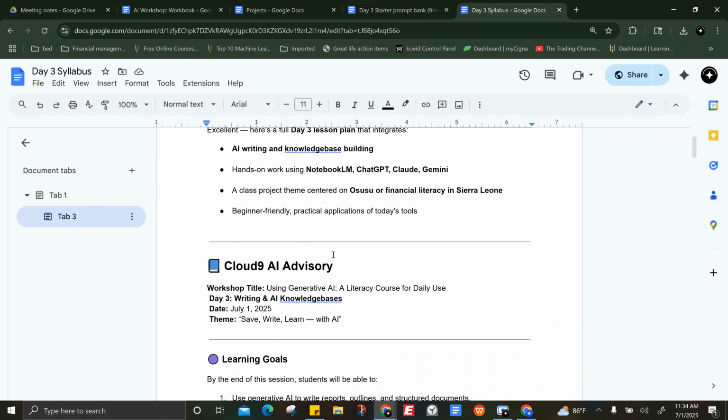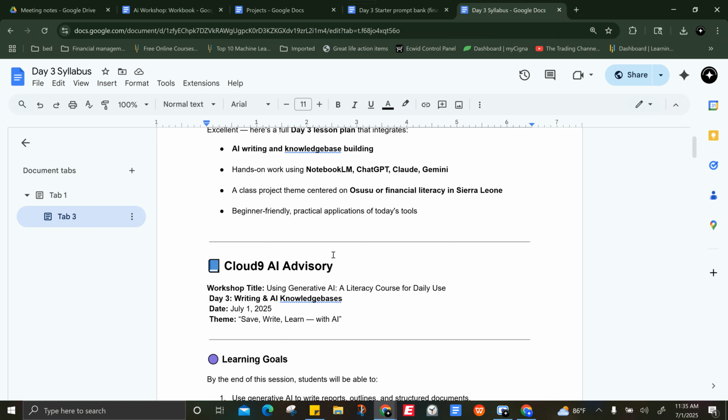So first, we're going to do research to gather the information that we need to create the knowledge base. Imagine when you have questions about something and you call customer service to get information, but sometimes companies allow you to ask their chatbot and the chatbot can give you answers. The reason the chatbot has answers is because the company added information to the chatbot. That can be anything, like their guidelines or tutorials on how to use a tool. Or, for example, with this project we're working on with Osusu, say for a company,